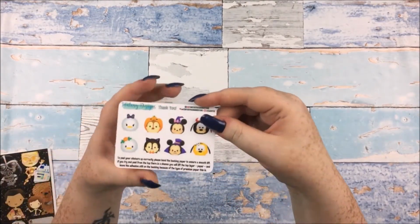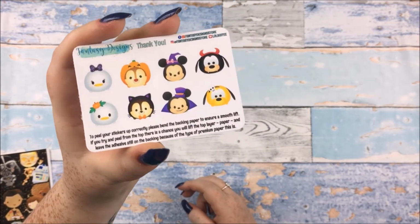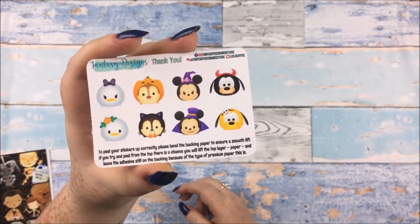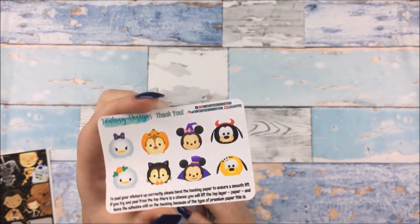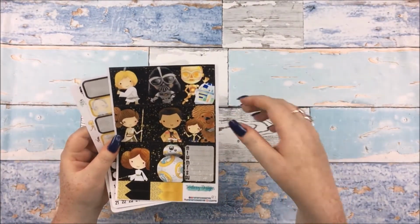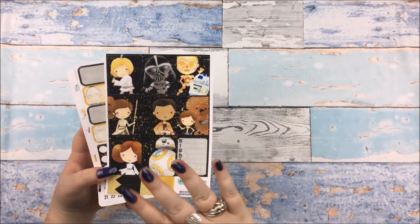I'll just quickly show you, however, the little freebie that came with it, just some little Disney, I don't know how you say it, is it sums? I don't know, I'm not really into them, but anyways, they are very cute little Halloweeny ones, so that's a nice little freebie. And then onto the kit itself, it is a Star Wars kit, and it's also my birthday